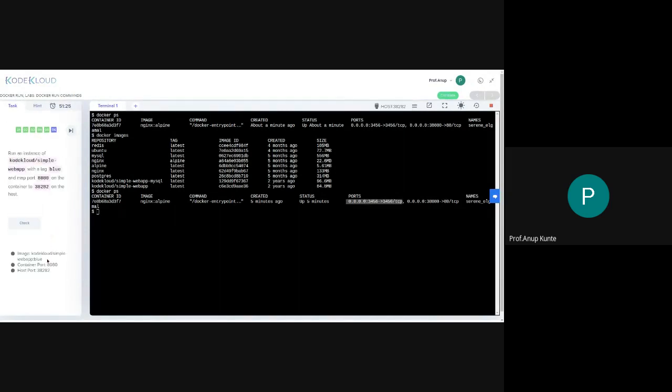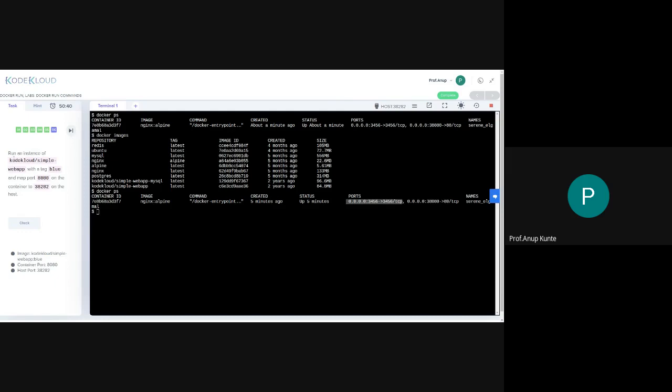There is a very subtle thing. Why will this be useful to you? Because if I am running a web server internally on the container, I should be able to access that from outside of the host, and so that I can access it from outside of the host, I need to do port mapping, and this is the port mapping that we are looking at. The first value in this port mapping, 3456, is the host port, the port of the machine on which I'm running the container, and the port after the arrow is the internal port of my container. Same goes over here in this case as well.